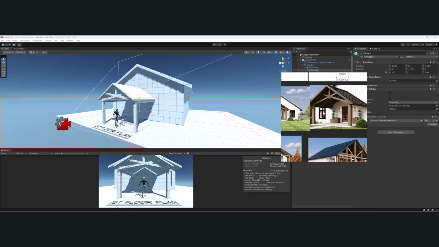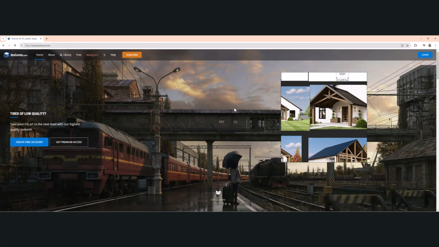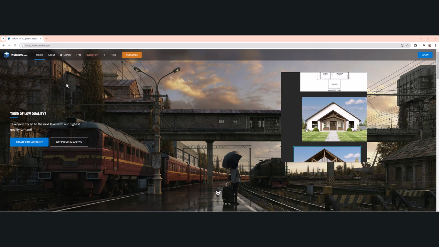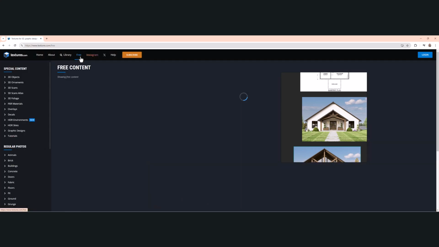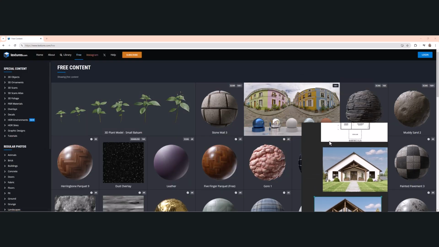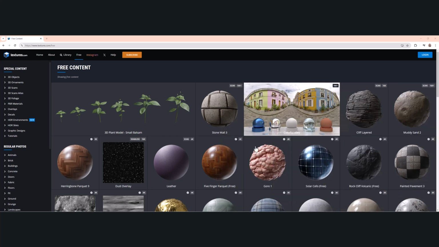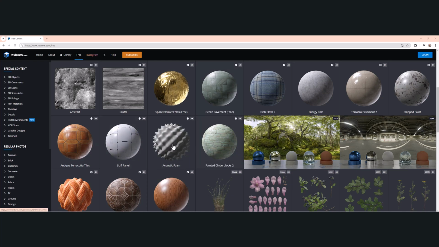One is you go into your browser and you go to CG Textures or textures.com and you click on free. And inside of here, you can do a search. Let me move this off for a second. You could do a search for textures or these materials called PBR materials or substance materials,